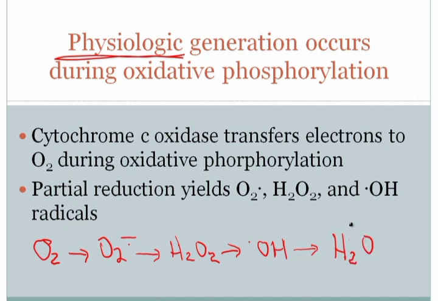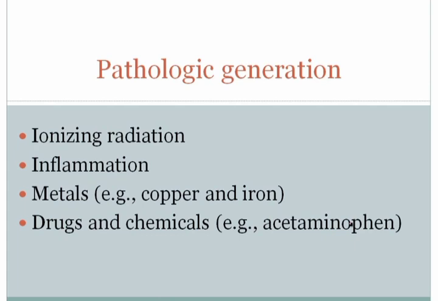And so when I say that physiologic generation of free radicals occurs during oxidative phosphorylation, obviously if there is a partial reduction of oxygen so that it only accepts 1, 2, or 3 electrons instead of the normal 4 electrons, that's going to result in the production of free radicals, and that does happen physiologically. Free radicals can also be generated pathologically. Some important examples: ionizing radiation can generate free radicals, and